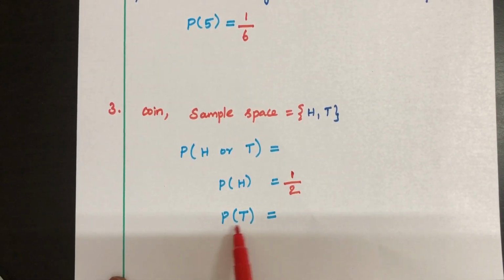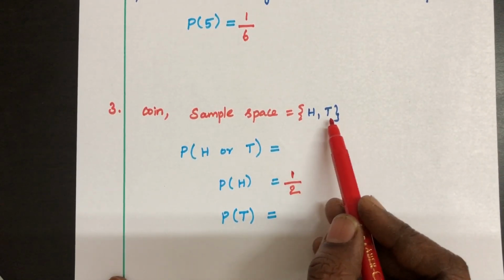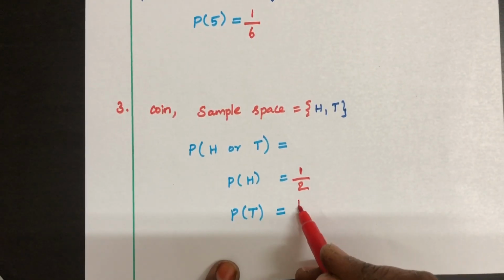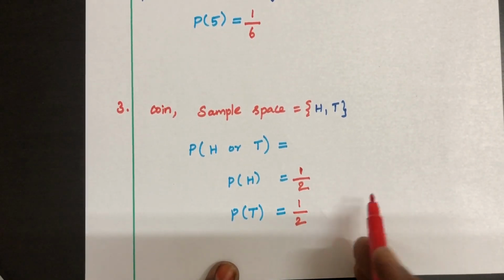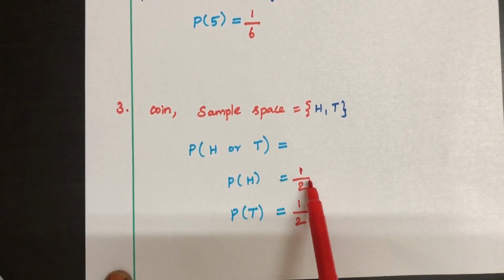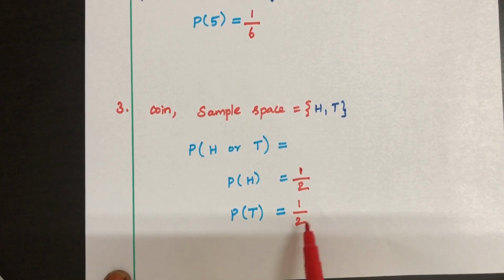If you want probability of getting tail, so that only your team will start, what is the probability of getting tail? So here in the sample space, favorable for tail is only one. So 1 divided by 2. So in both cases, if you want H it is 1 by 2. If you want a tail it is also 1 by 2. That means the chance of getting a tail or head is 1 by 2.